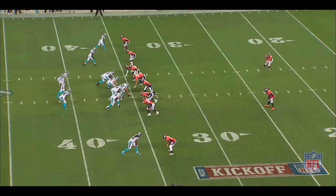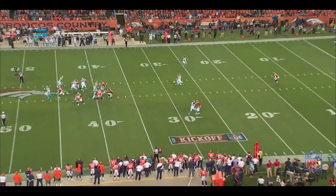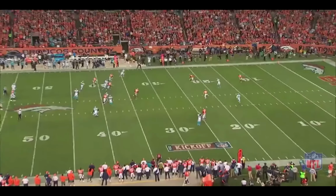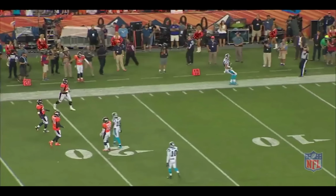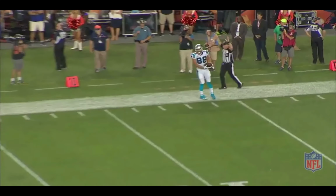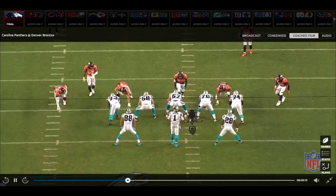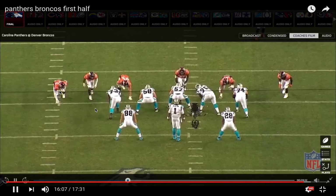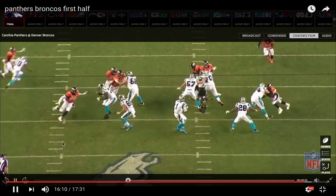Here's the 3rd and 9 play, I believe. So essentially, we're going to look here, and it's going to be here. Todd Davis, I believe, 51. Or this might be our guy Von Miller. It looks like it's